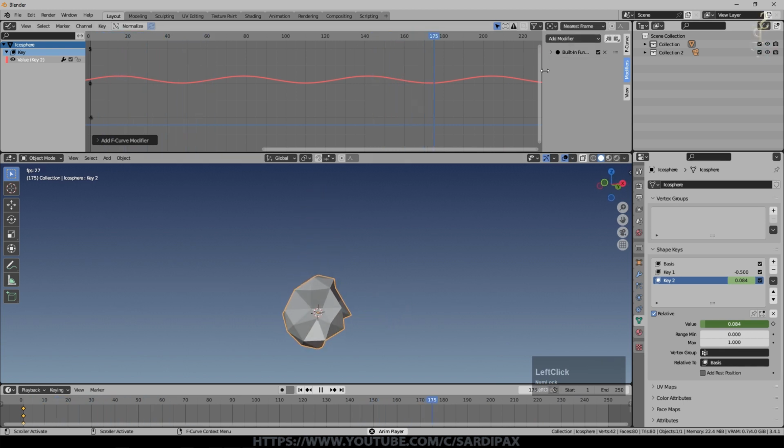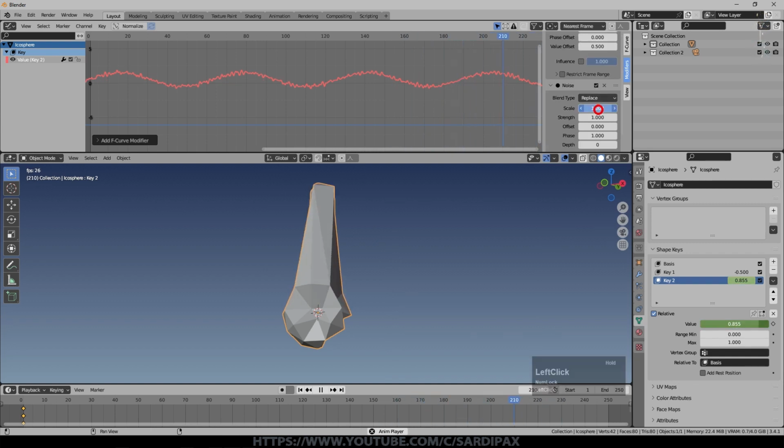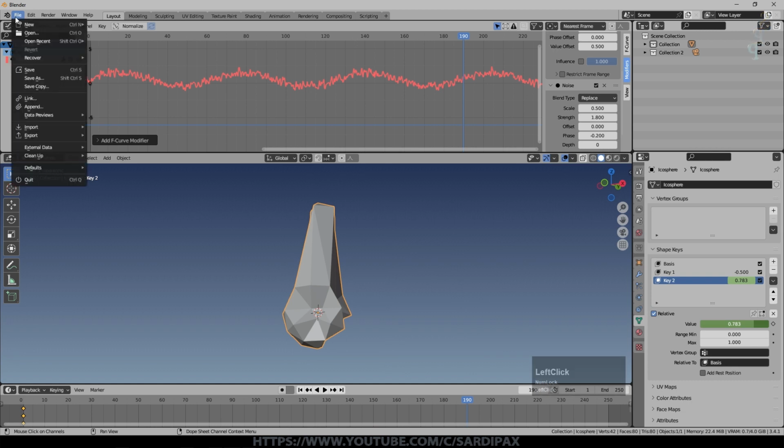We can add more than one modifier there. So I can add another modifier, and it could be a noise modifier, for example. So we've still got our sine wave there, but we've now got some noise on top. We can obviously play with that as well. So we can increase the scale. The scale for noise is it fast noise or slow noise, as it were. And then the strength, obviously, how much that noise affects everything. And phase, just where we are on the seed of the noise, as it were. So there's a lot of different options there, and you can create some interesting automated or procedural motion just using the graph editor, and in this case the shape key, but this would apply to anything that you've added keyframes for. So let's go to a new way to animate things in Blender.